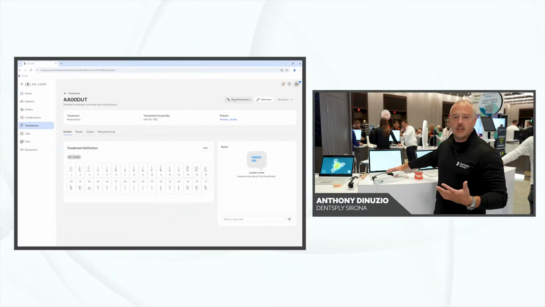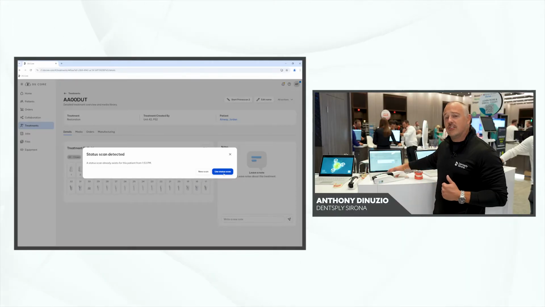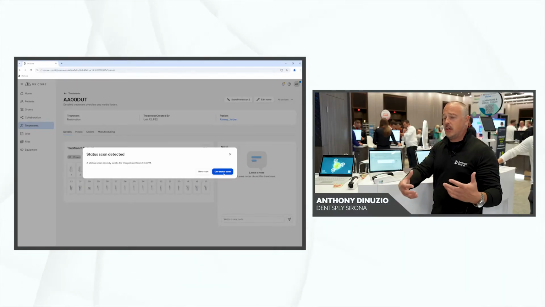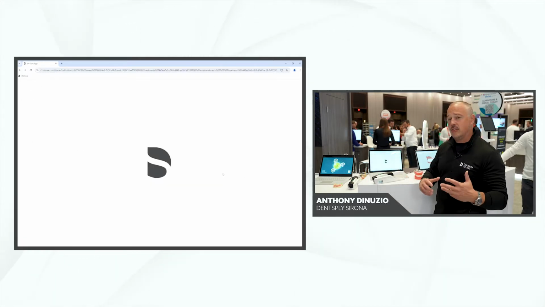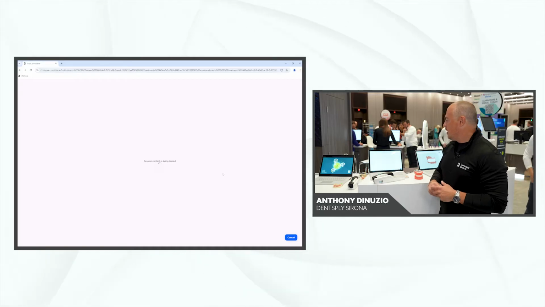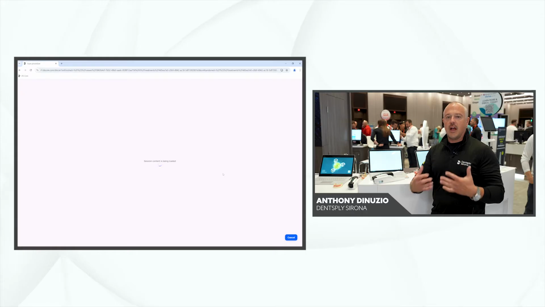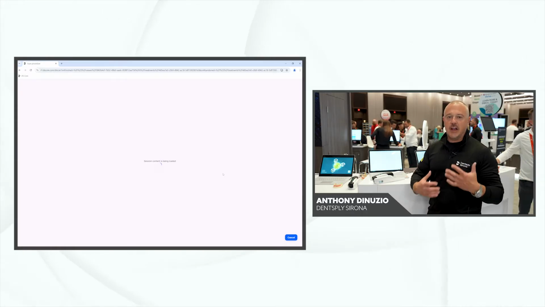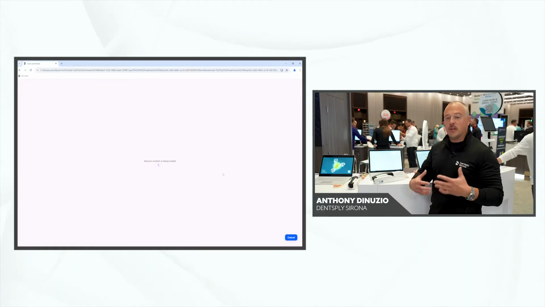So when that patient comes back in to be able to have their crown done, we don't have to rescan the whole patient. All we have to do is tell DS Core that we are doing a crown on tooth number 30. DS Core is going to ask us if we want to use that original status scan for our treatment. So we can simply tell DS Core, yes, we want to use that status scan. And now what it's going to ask me to do is simply scan my tooth number 30 where I've prepped for the crown, making a much faster and more efficient flow within the dental practice and a much quicker appointment